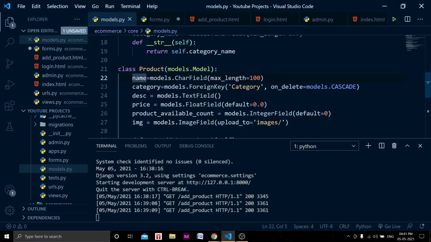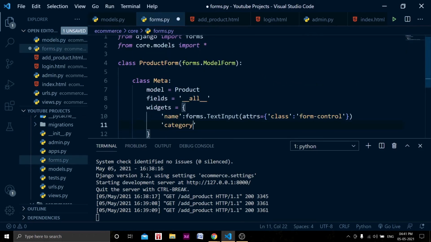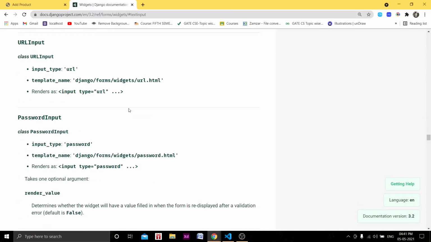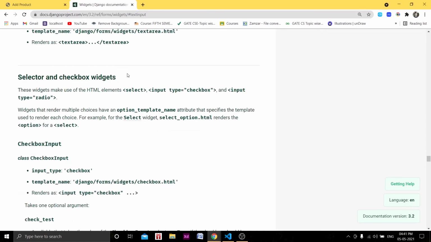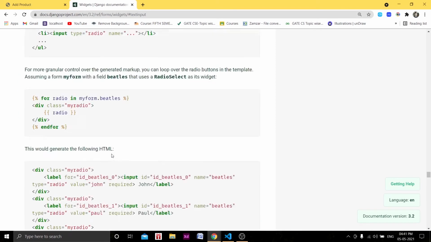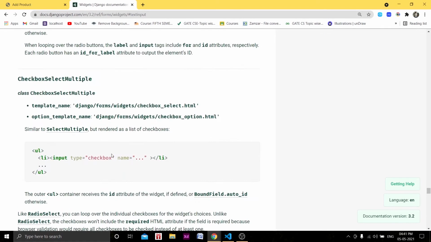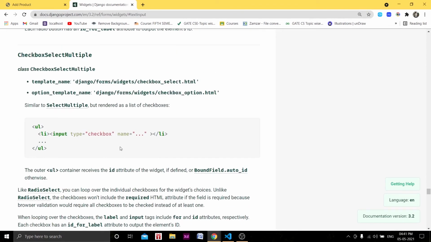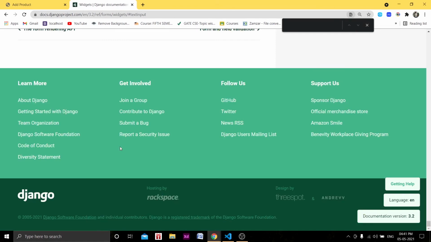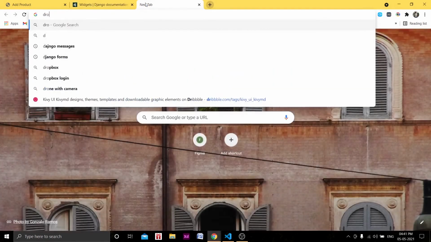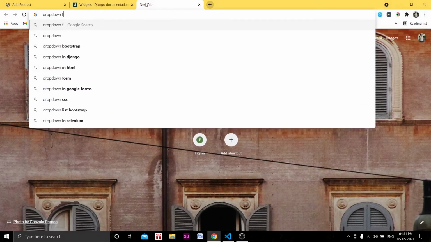For category, I think this will be a drop-down menu. Let's see what we will have. Password input, date time, time input, selector and checkbox, we don't want these. File upload, checkbox, select multiple, drop-down, let's see if drop-down is here or not. Let's search for Django form input.